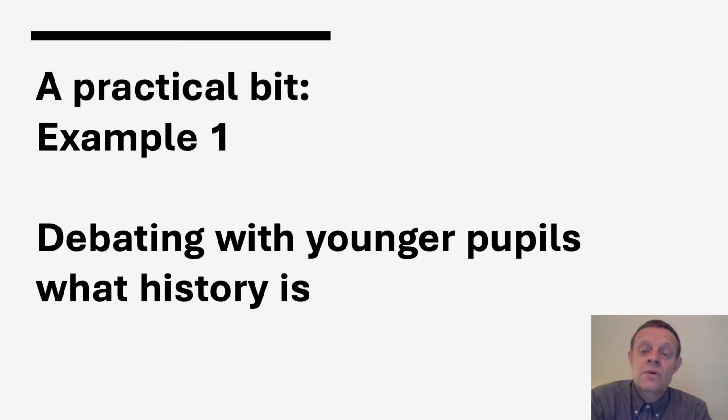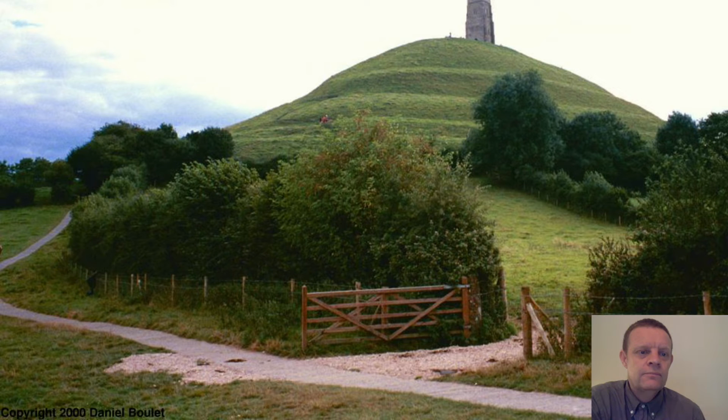So, one example that I used to use with younger pupils in year 7, 11 to 12-year-olds, was to get them to debate how historians actually write and how they should write, using Ranke and Simon Schama. What I used to do was tell them a narrative story. The story I chose was the execution of Richard Whiting, who was abbot in Glastonbury in 1539. Poor Abbot Whiting was hung, drawn and quartered on Glastonbury Tor.